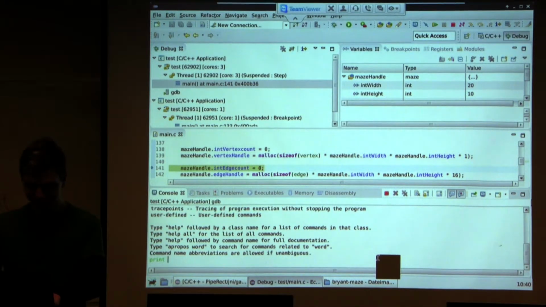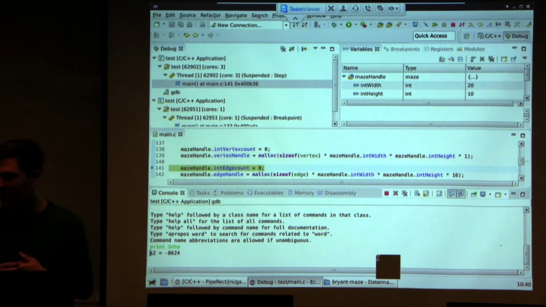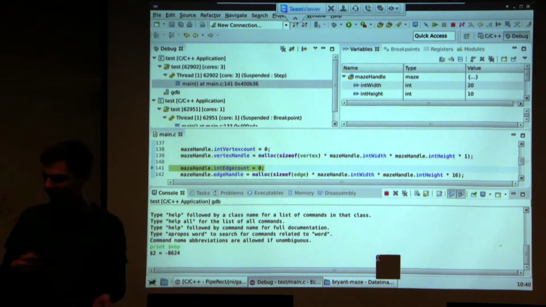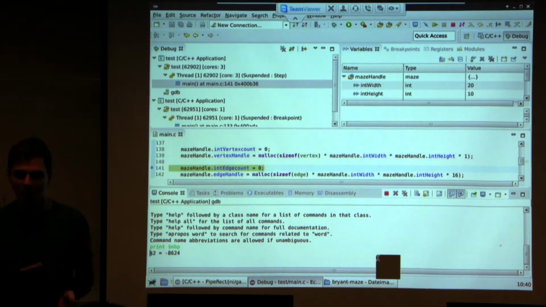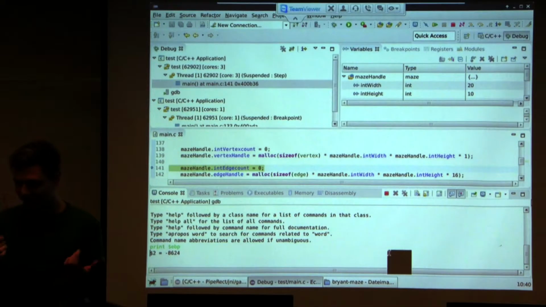Print. What are we going to print? EVP. Here we go. So it's basically just a user interface on top of GDB. If you want to use the user interface, you can just use it if you're more familiar with GDB. Or if you want to do something and you know how it's done in GDB, but you don't know how to do it in the user interface, just switch to the console and you can just use GDB,